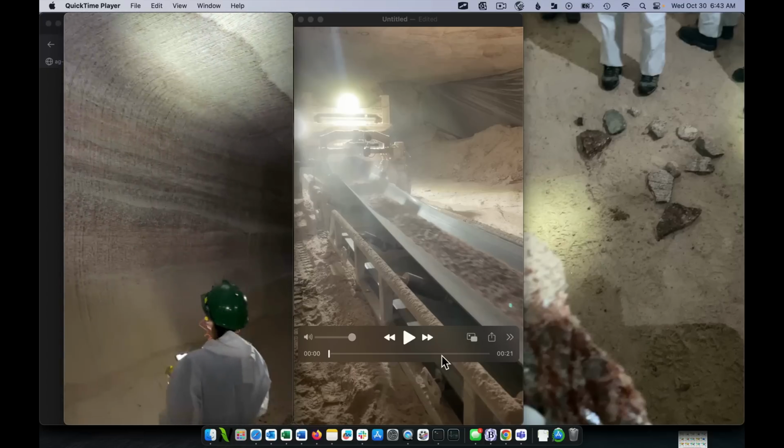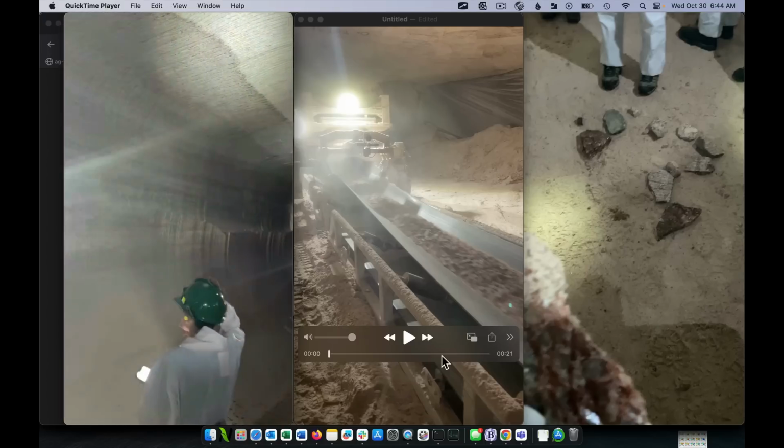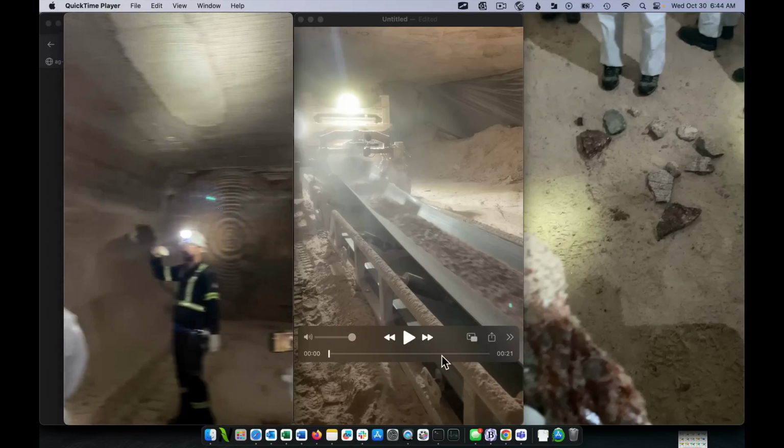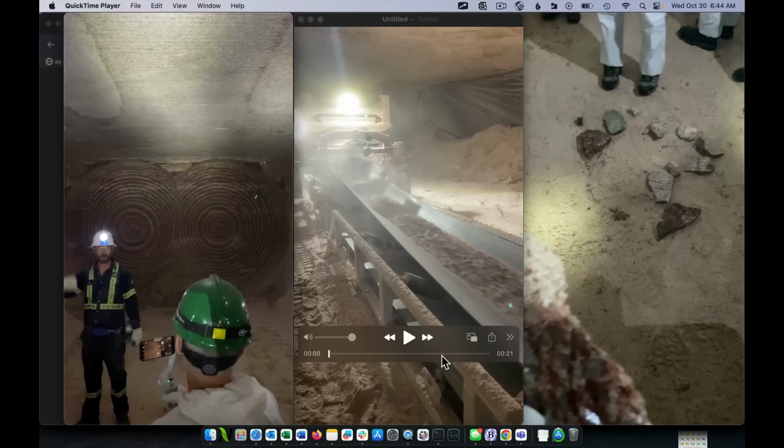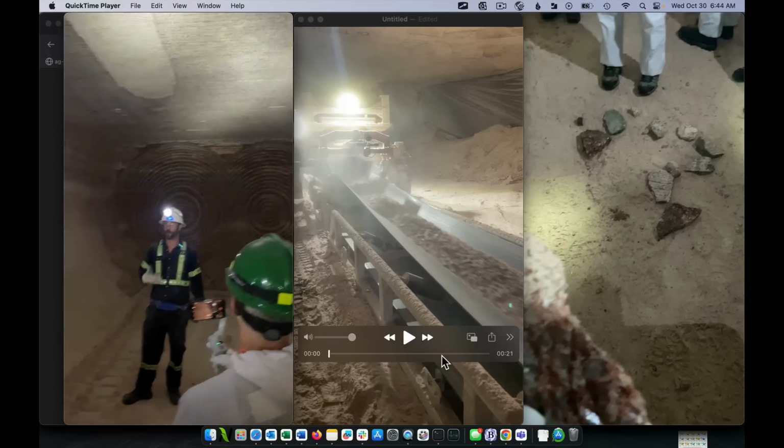And he explained to us how this is so structurally important to the mining operations, which, to be honest with you, the most amazing thing I saw out of this was just the incredible amount of safety that goes into doing this.